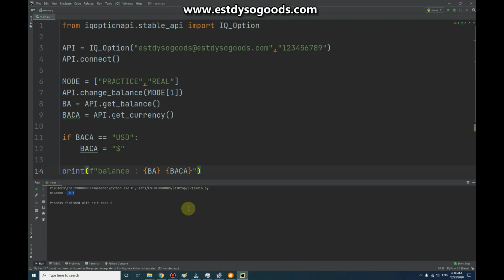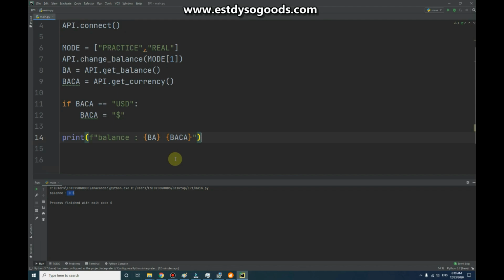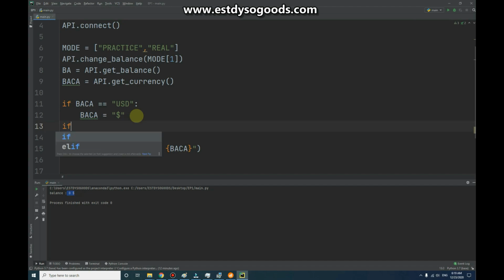And here's an addition for you guys. In case you have already finished your bot for others to use it, and you want to know if the user's account is real or demo, or it is a practice account, you can check it right away. So, in order to check it, start it with if again. If mode equal